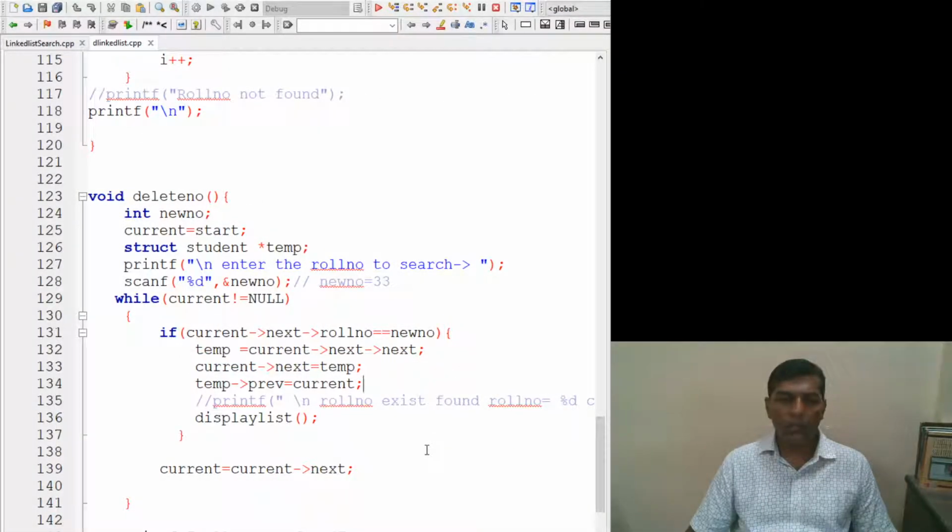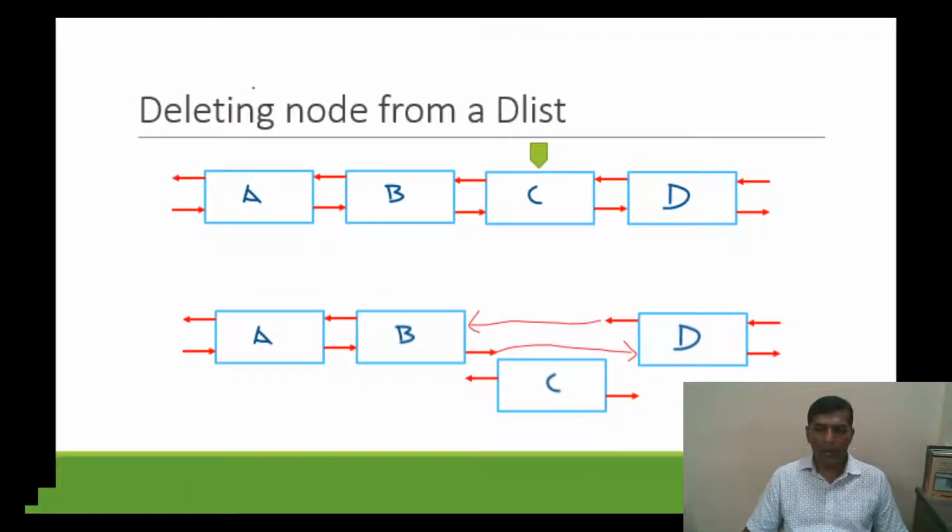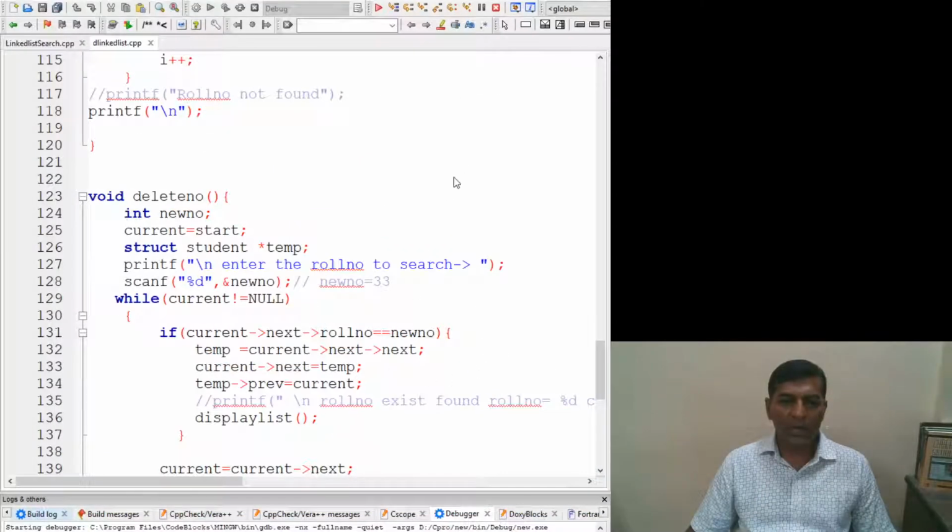So to do it in the programming way, we will write a particular function again with current is not equal to null. We keep on searching a number which we want to delete. If we find this particular number, then temp is equal to current next. It means the D will be found, because we are at the B. So B next will be D. So if we want to remove C, then we have to reach D, and this will be done with this particular method: temp is equal to current next.